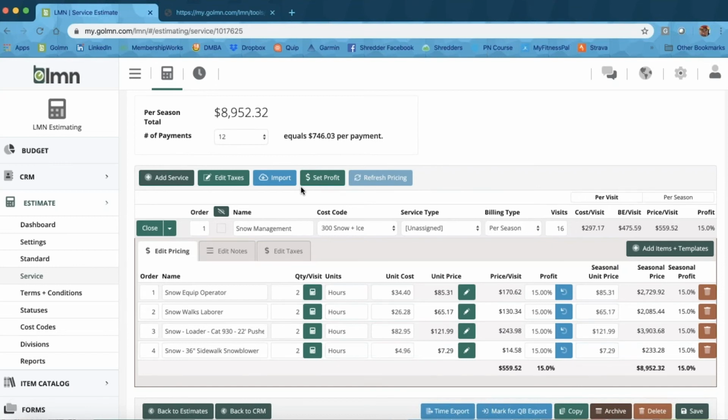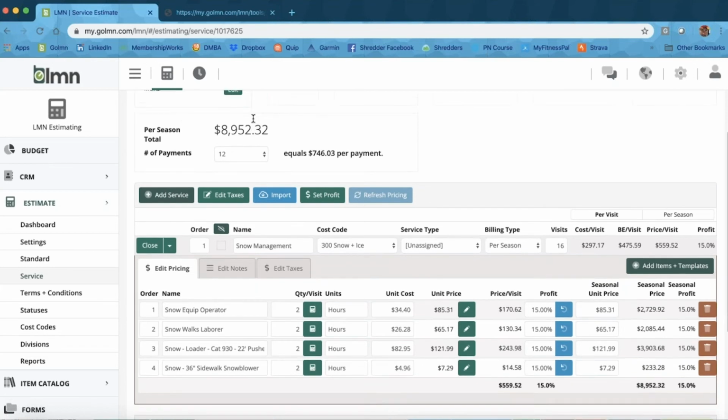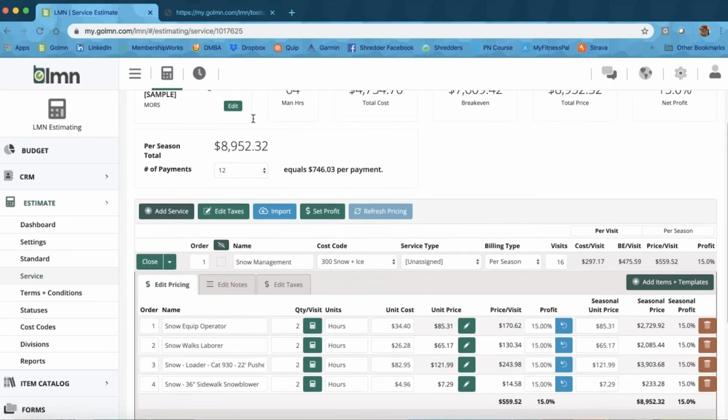You wouldn't want to use that if you want to have a different profit margin on your base contract and maybe a higher profit margin on salting. Sometimes people like doing that to keep their base monthly cost a little bit lower. There's a few ways to win work, and everybody's got their technique. I'm not saying one's right or wrong, but here I can say that if I put this contract in front of this customer in my market